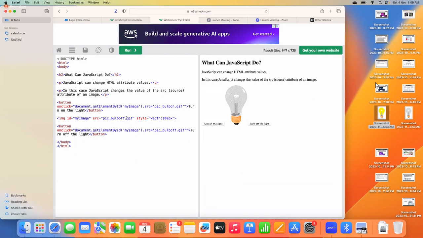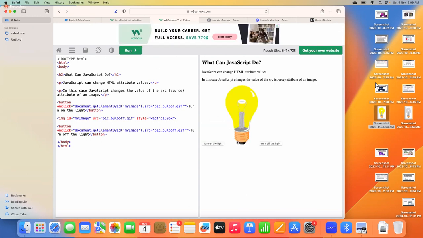So, bulb off with 100 px is there, na? So, let me decrease to, okay, let me give 150 px. Okay. Now let's see how it will change. Okay. Turn on, turn off. Okay. For this image,